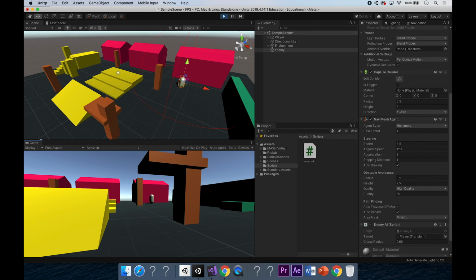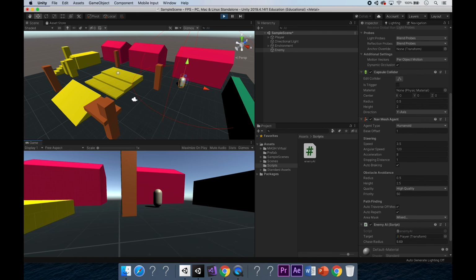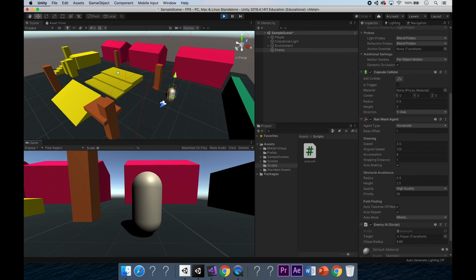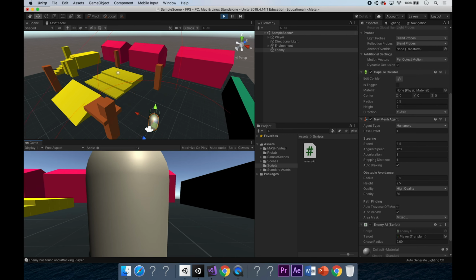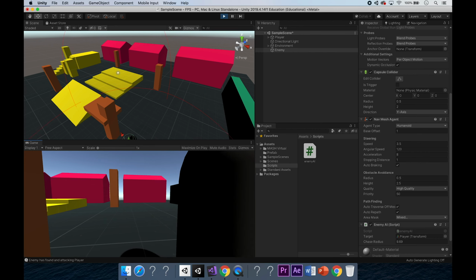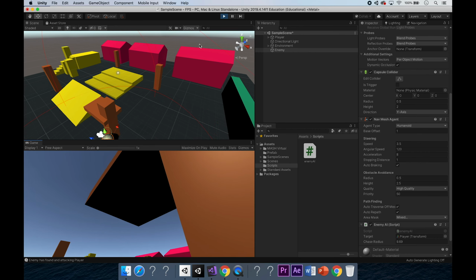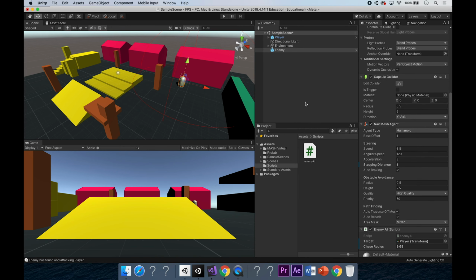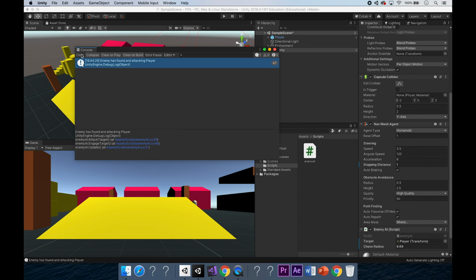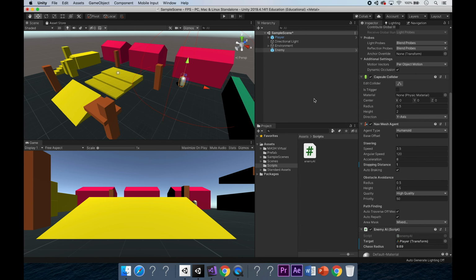there we go, run it. Oh, there we go, kind of a bit slow. Walking through, let's trigger him. There we go. Is he going to send us a message? Yep, there he is. Enemy has found an attacking player. Fantastic. That's what we are looking for. Awesome, brilliant. So what we can do is we can get rid of this,